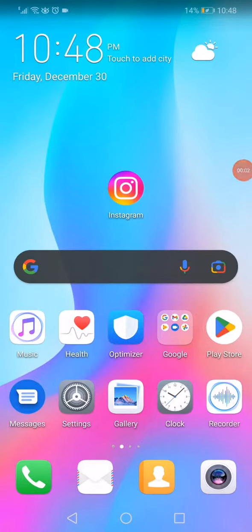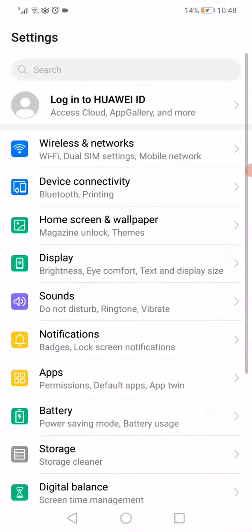In today's video, I'm gonna show you how to fix Instagram Reels save option not showing. So, all you have to do to fix this problem, guys, is open the settings on your phone, go